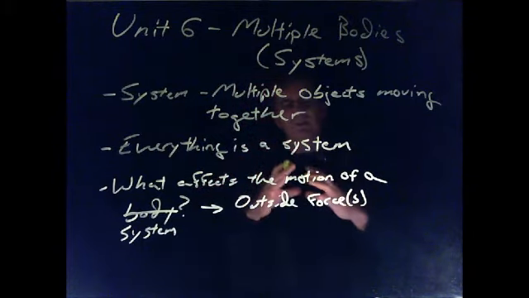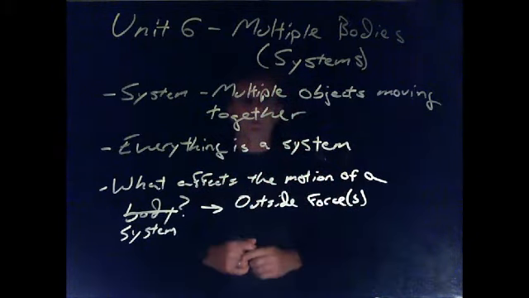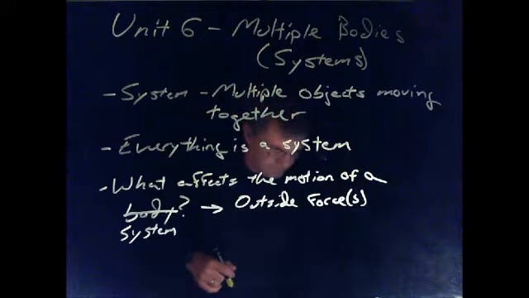They're connected, they're linked together somehow, and they're moving together. So, as I like to do whenever I introduce a new unit, and this is the introduction to Unit 6, I like to talk about the big ideas, forces, energy, and motion, and basically give you the end of the story answer. So, in regards to forces,